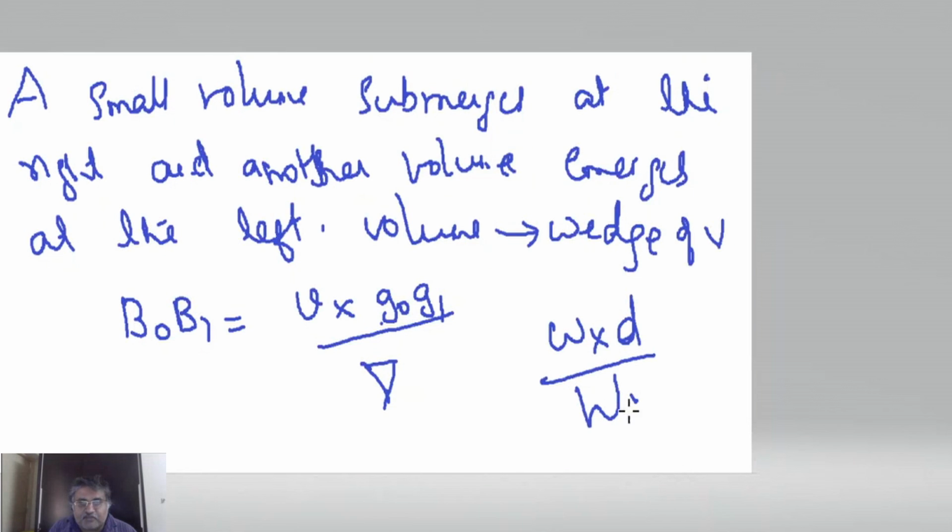So this doesn't have to be a weight. This can be a volume also. So this is a small volume in the underwater volumes. We are talking about underwater volumes. If a small underwater volume v shifts by a distance d, then the center of buoyancy of the ship will shift through a distance v into d by capital V. That is what this is actually. B0 B1 is the distance through which the center of buoyancy of the ship is shifting because of small v. Let's look at the figure.